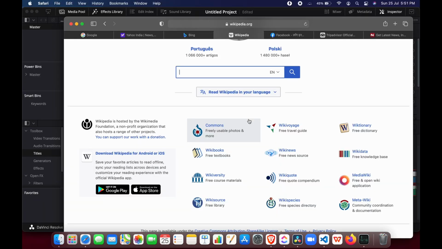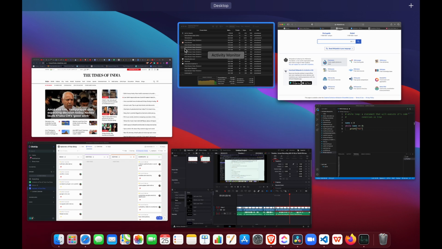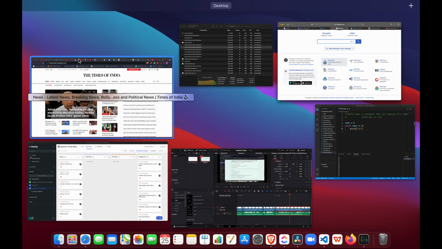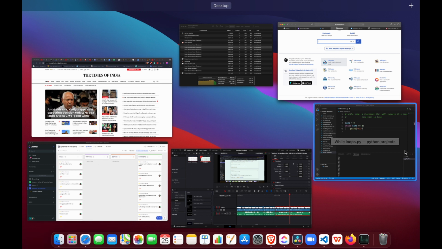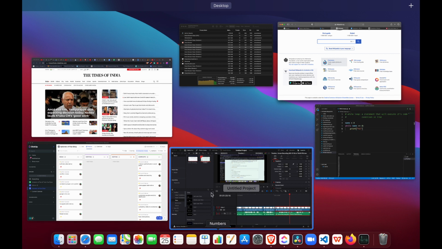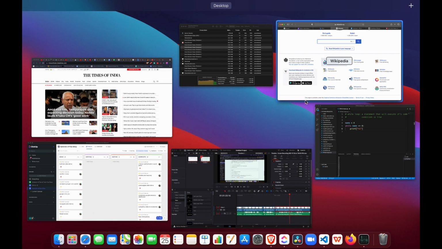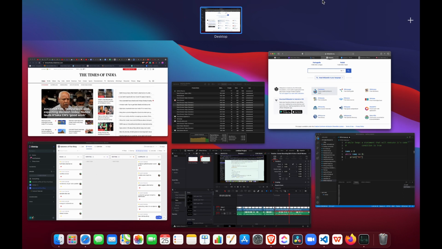So that was it. Now you can see that the M1 MacBook Air, even with the 8GB model, can handle quite a lot. You see, we are running activity monitor, which takes quite a lot of RAM in itself. We also have browser open with 30 tabs. We have ClickUp, which is a project management tool. We have an unlimited while loop going on in VS Code. We have a video going on in DaVinci Resolve. We also have Safari with tabs open.